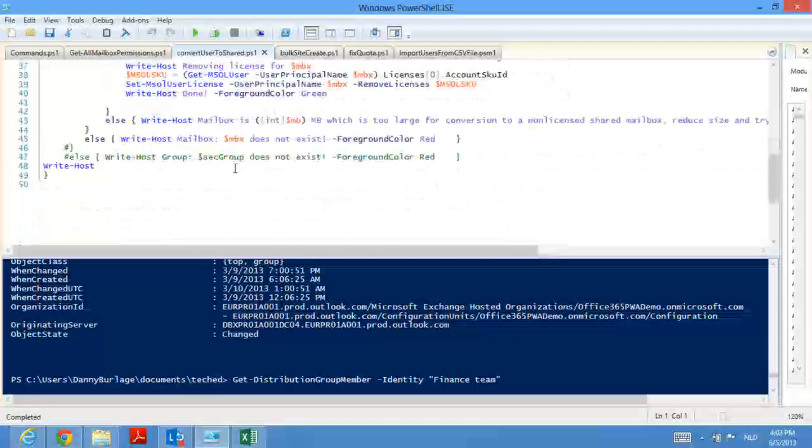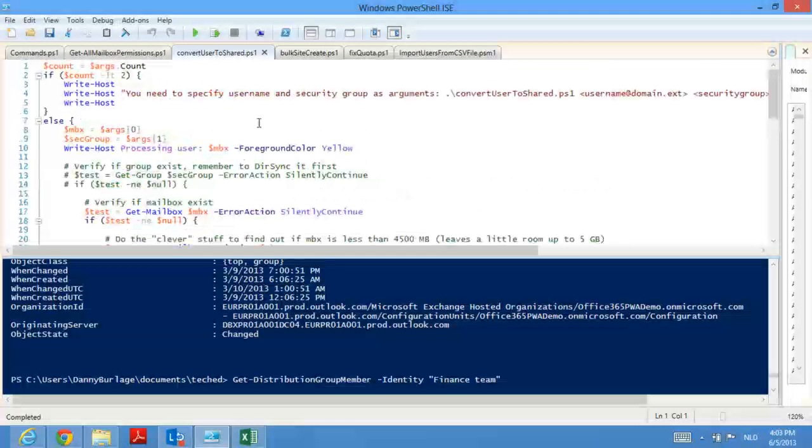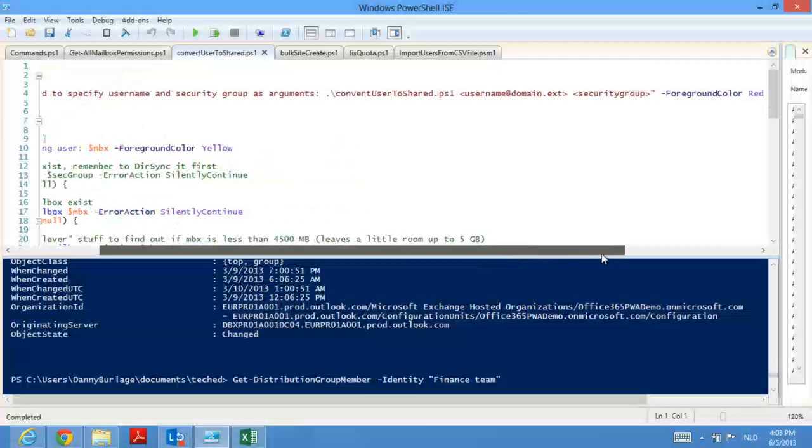I've taken that sample, I've changed it a little bit around, and basically what you will have to do here is type in the command, convert user to shared, specify the user which you want to convert, and specify a new domain which is actually the security group or the shared mailbox name, and from there on the user is actually converted into a